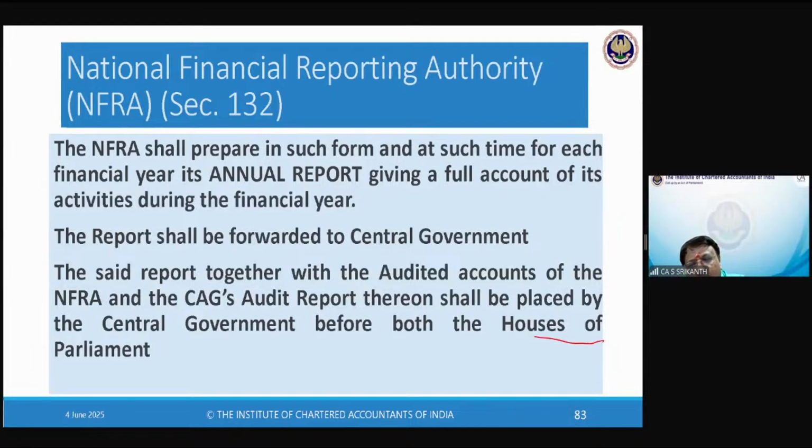Friends, we have already gone through this in IEPF. Why both the houses of parliament? Believe me, on the day when this report is presented before both the houses of parliament, people will be sleeping. I'm not joking. There may be low attendance. Yes, NFRA report over. Okay, the NFRA report is presented and approved and adopted. That the speaker will say, some people will raise. That's it, over, NFRA. But once it is placed before both the houses of parliament, it becomes a public record. Every citizen of the country has access to the report.